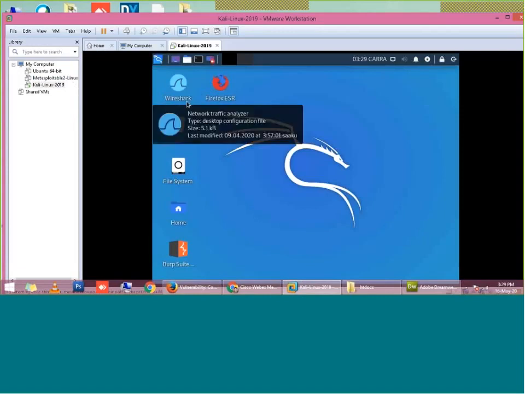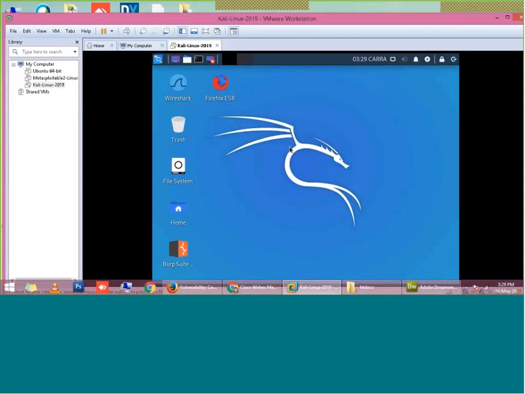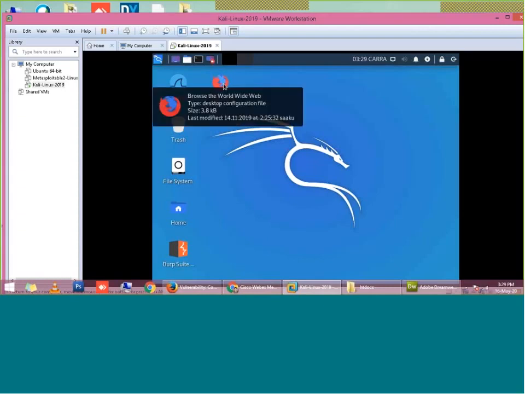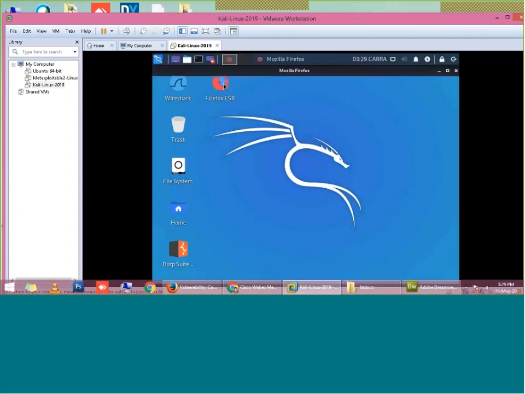So I am just going to demonstrate command injection. To perform it, I will run the browser in Kali. Right, now I have run the browser.